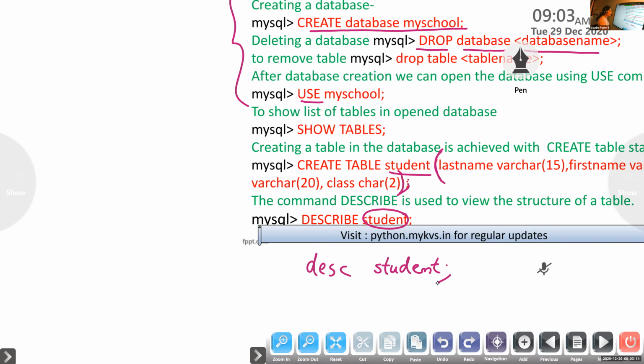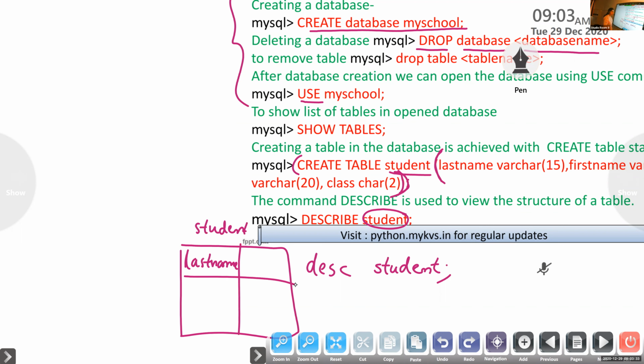DESC student. What you will get is a table-like structure. The table name is student, then you will get last name, and so on. This is used to view the table structure. Describe followed by the table name is used to view the structure you have created.